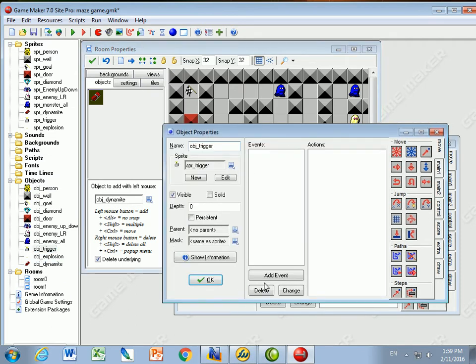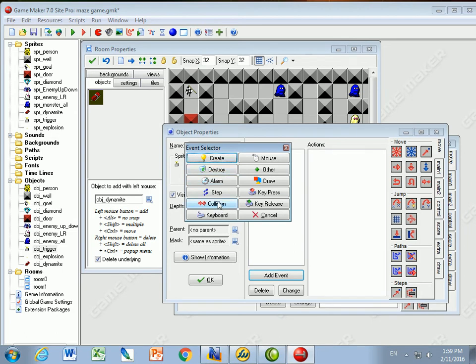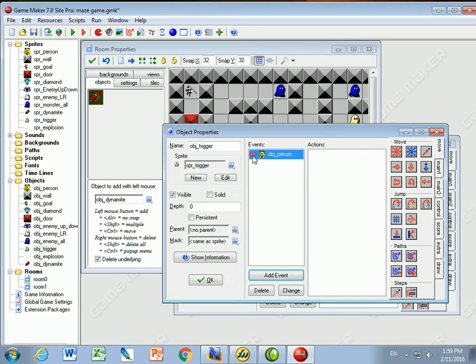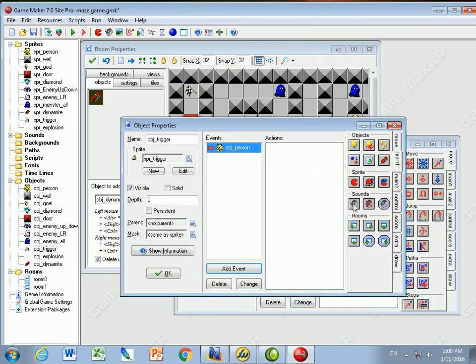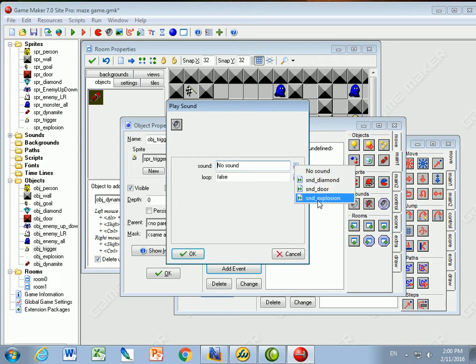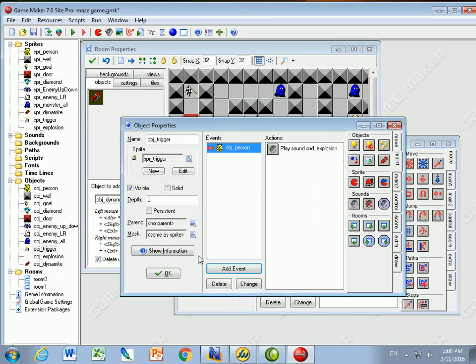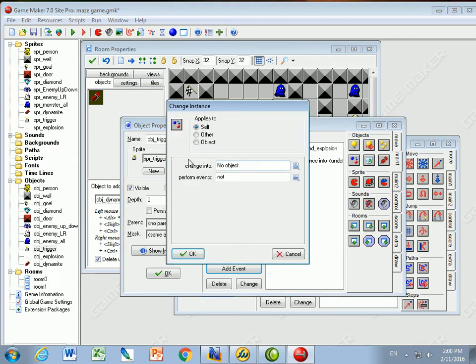Okay, let's take a look at the trigger object. What do we need to do for the trigger object? Well, the trigger is going to have a collision with the person. Well, really it's the other way around. The person is going to collide with the trigger, but you see the effect here. So when the trigger collides with a person, what I want to do is I want to play a sound effect of the explosion sound that I loaded up. The next thing I want to do is I want to change object